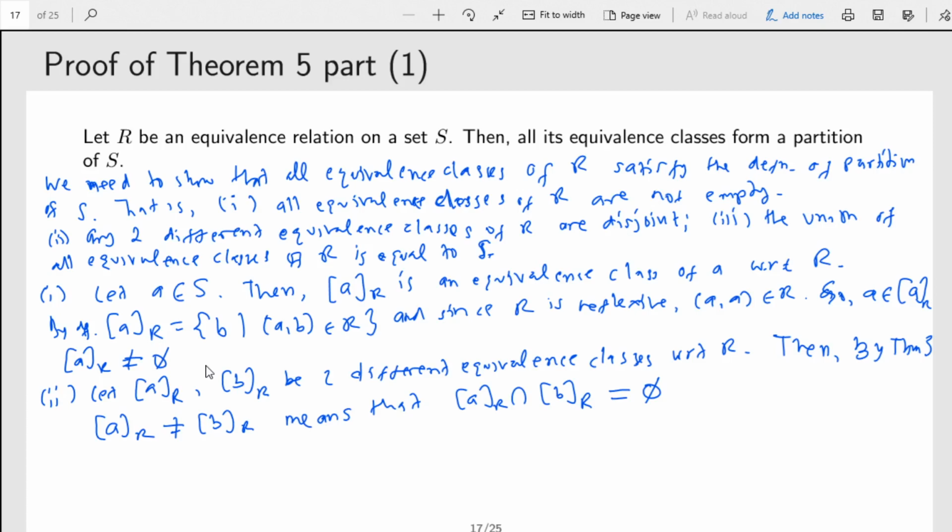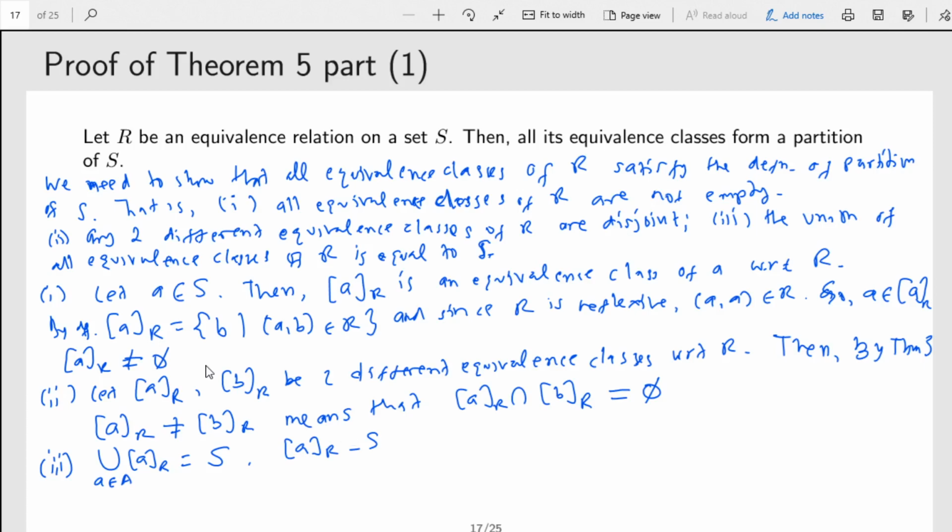Disjoint. So these two different equivalence classes will be disjoint. And for the third one, we want to show that the union of all equivalence classes with respect to R is actually S. We know that this trivially holds, because